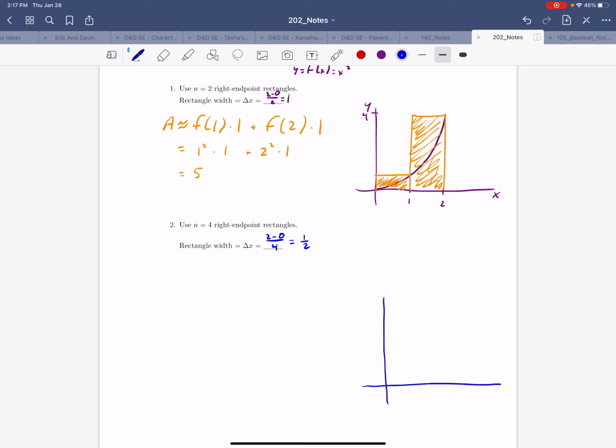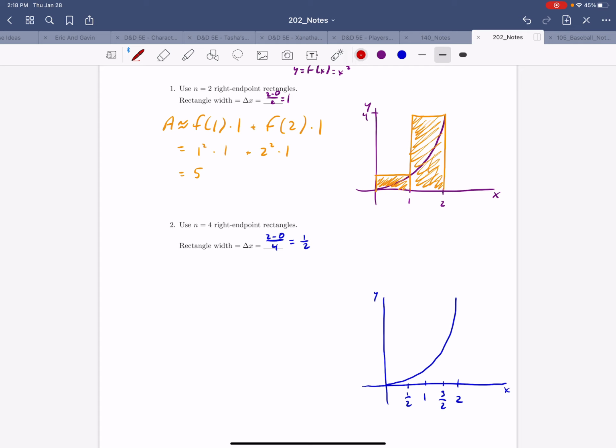Our rectangle areas, right? Now, we were drawing examples in class, and you may not need to actually draw things out if I give you one of these problems, but again, I do think it's good to draw them out at least in the beginning so that we understand what we're doing. All right, so